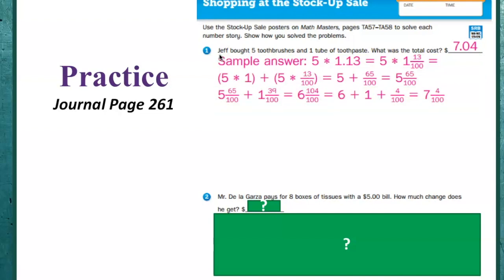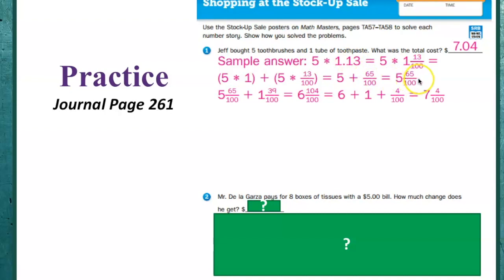Now, there's multiple ways you could do this, but the one way to do this is to take 5 times $1.13. Now, for us, it's going to be easy for us to put this in a fraction form. So $1.13 is the same thing as 1 13/100ths. And remember, when we multiply mixed numbers, we multiply the 5 times the whole number and then the 5 times the fraction. When you do that, which is done right here for you, you get 5 times 1 is 5, and 5 times 13/100ths is 65/100ths. So that means that 5 times $1.13 equals 5